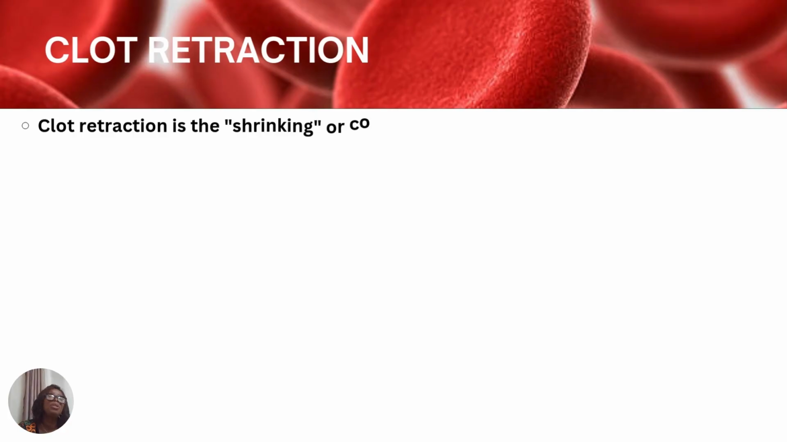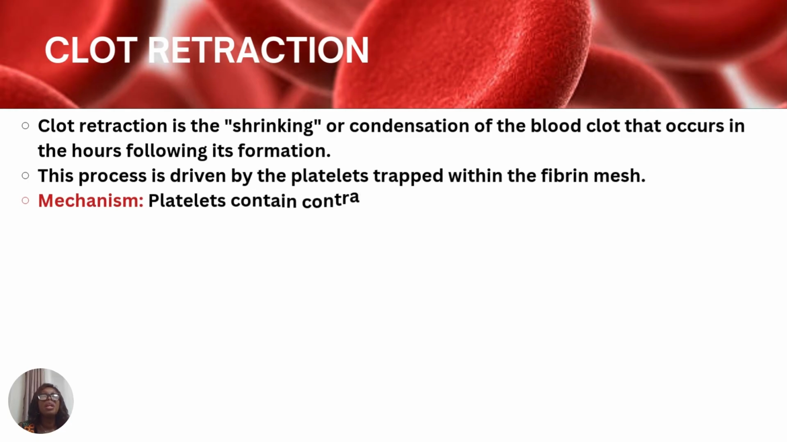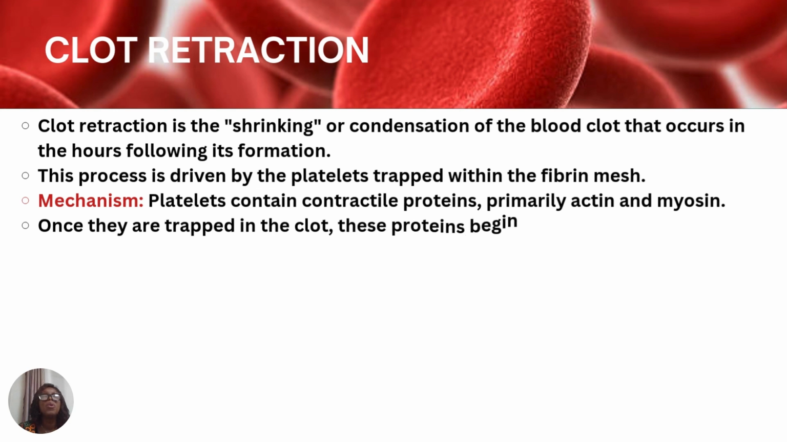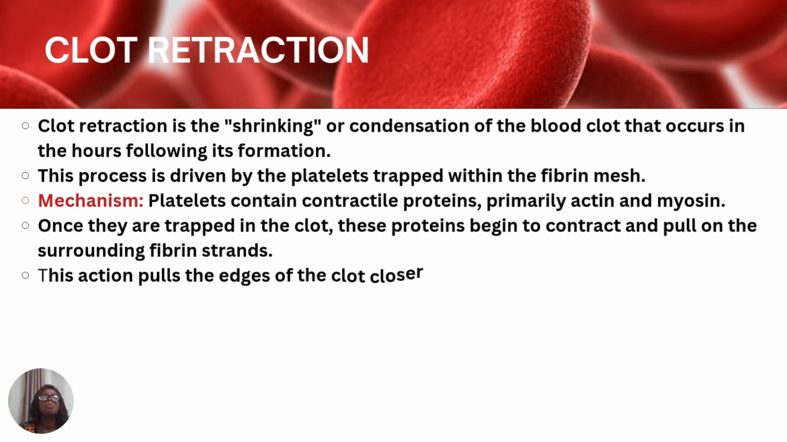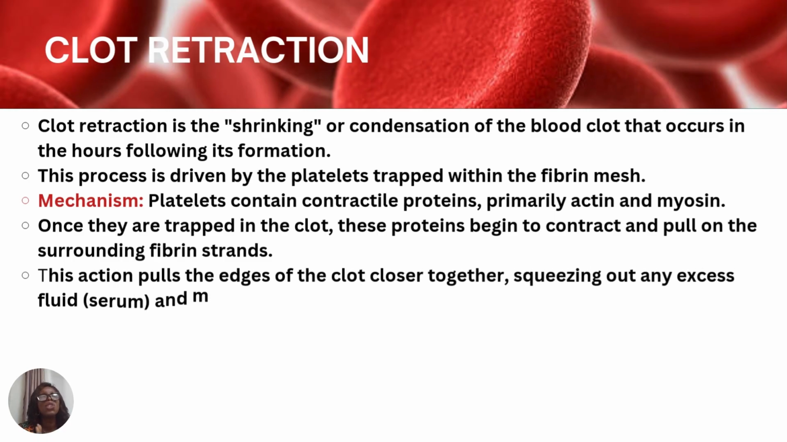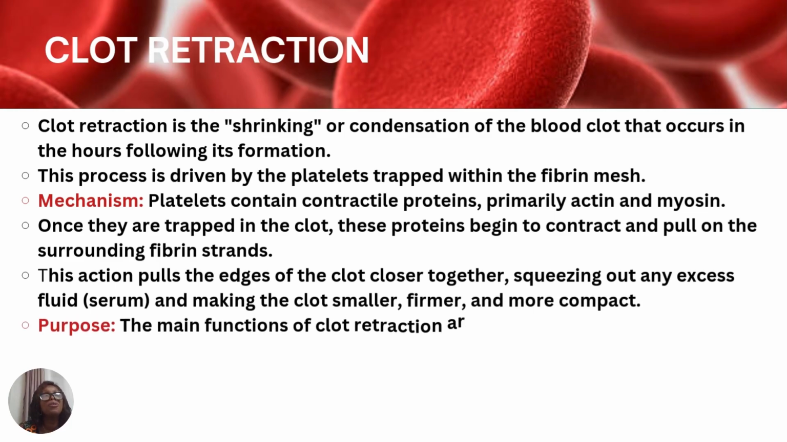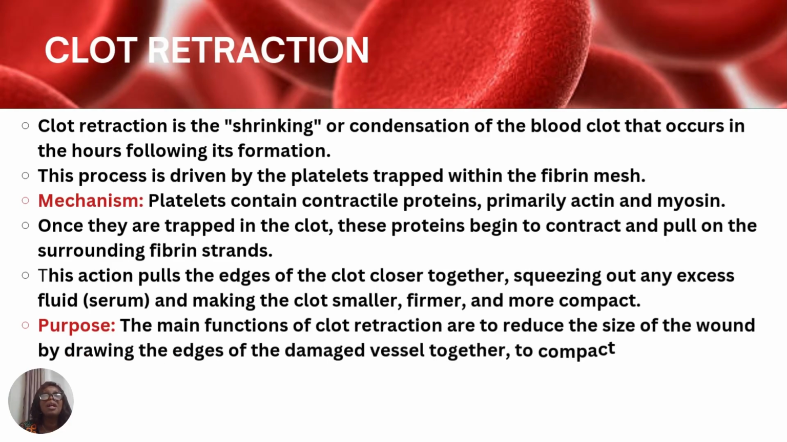Then after the formation of the fibrin clot, we have what we call clot retraction. Clot retraction is the shrinking or condensation of the blood clot that occurs in the hours following its formation. This process is driven by the platelets trapped within the fibrin mesh. What is the mechanism? Platelets contain contractile proteins, primarily actin and myosin. Once they are trapped in the clot, these proteins begin to contract and pull on the surrounding fibrous strands. This action pulls the edges of the clot closer together, squeezing out any excess fluid and making the clot smaller,